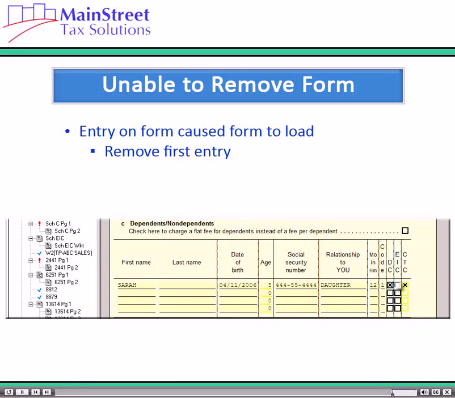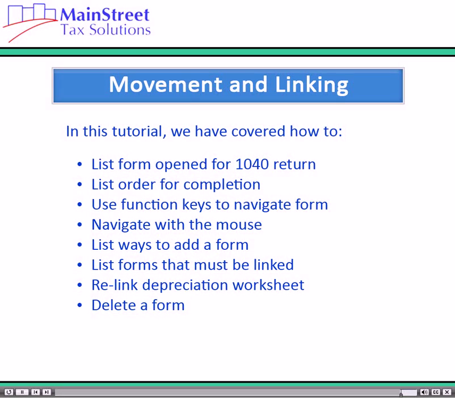For example, if you selected the Dependent Care checkbox for a dependent on the main information sheet, the tax software loads Form 2441 automatically. You cannot remove Form 2441 from the return as long as the checkbox on the main information sheet is selected. You should now be able to identify the form that the tax software opens when you